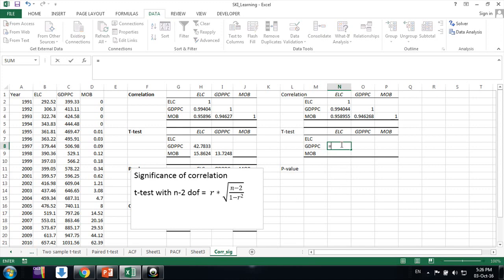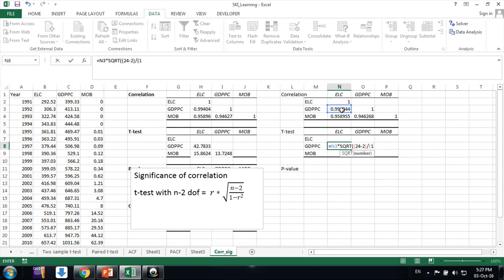Here I am simply making an Excel formula for that: equal to correlation multiplied by the square root of n minus 2. N is 24 here friends, so I'm just writing n minus 2, 22, directly, or we can write 24 minus 2, whatever n is, divided by 1 minus r square.